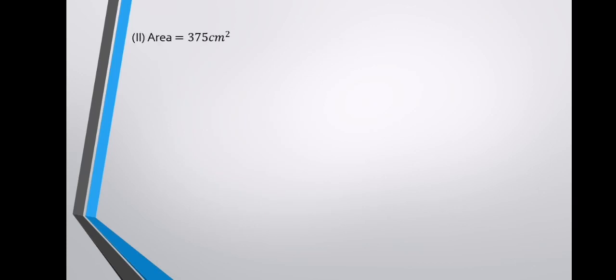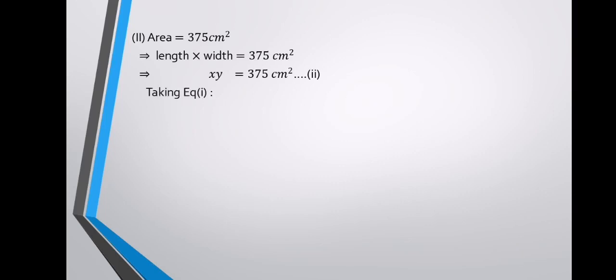Now area is equal to 375 cm square. We know that the formula of area for the rectangle is length multiplied by width is equal to 375 cm square. This implies that xy is equal to 375 cm square. Now taking equation number 1, we get x plus y is equal to 40. Now if we shift this x towards the other side, we get the value of y as y is equal